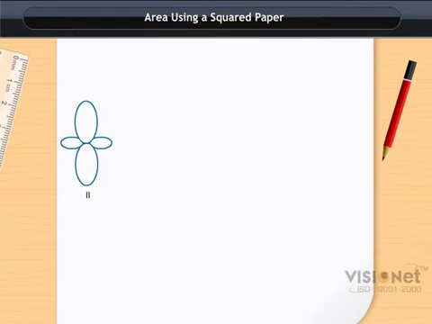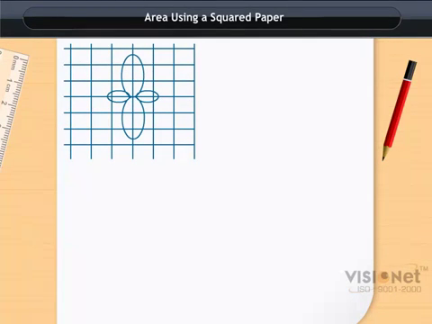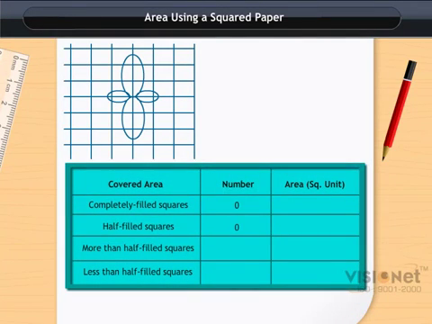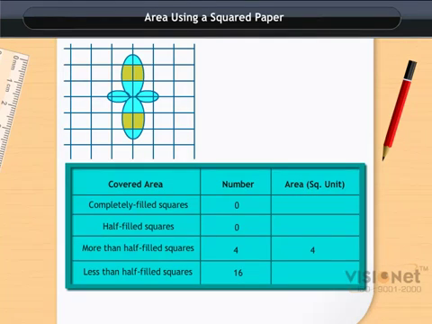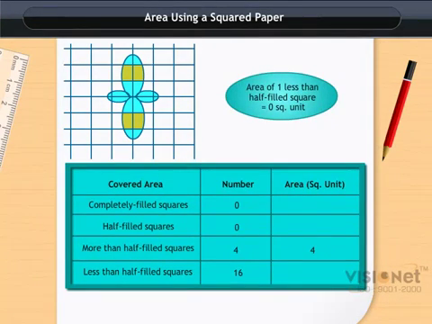Here, consider another figure. Clearly, there are no completely filled squares. Also, there are no half-filled squares. How many more than half-filled squares do you find? It's 4. Also, there are 16 less than half-filled squares. Now, as we take the area of more than half of a square as 1 square unit, so the area of 4 such squares is 4 square units. Now, what do we do with the less